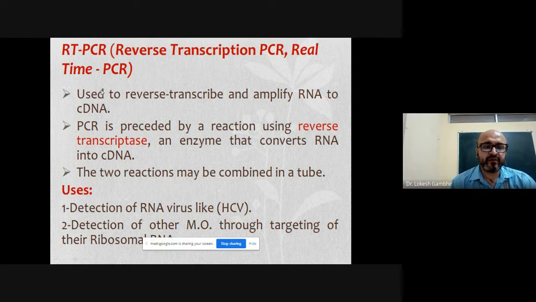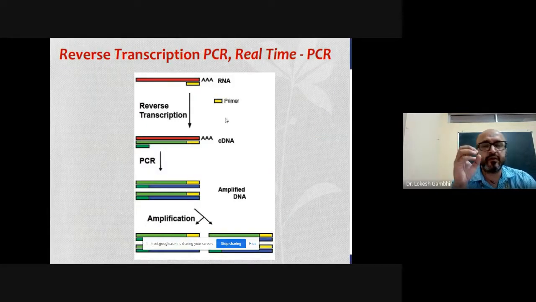This particular reverse transcriptase PCR is used when you have an RNA sample and you want to amplify the DNA molecule from that corresponding RNA molecule. So what you do, you have mRNA, which has a poly A tail. You will synthesize a primer which will attach to it. Now there will be a single primer, not multiple primers. Why do you give this primer? Because you want to synthesize the first complementary strand, and the enzyme you use is reverse transcriptase. The recombinant reverse transcriptase is also available.